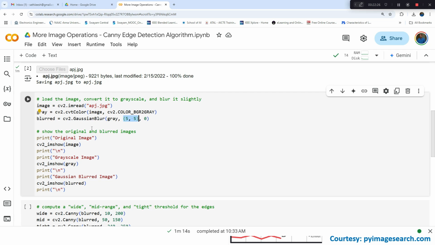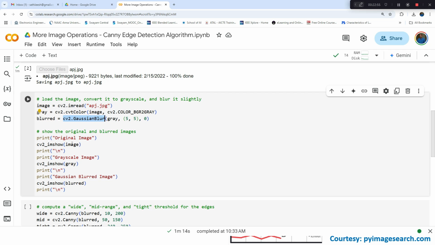That will vary from image to image, so it is very difficult for us to determine the sigma value. So we will leave that task to the computer. The sigma value which I specify here is 0, which means the computer will automatically compute the sigma value for us depending upon the input image. Then the blurring will take place using cv2.GaussianBlur, thereby the noises will get submerged with the background,